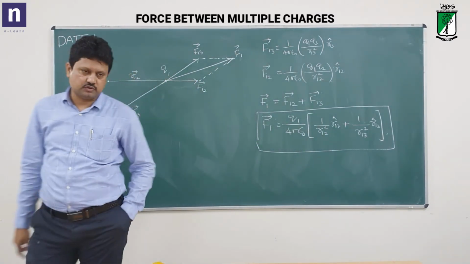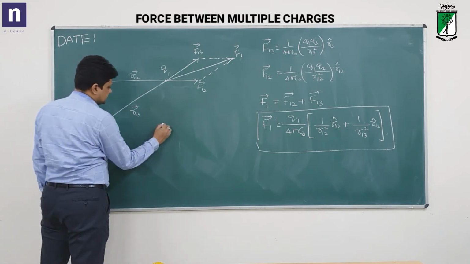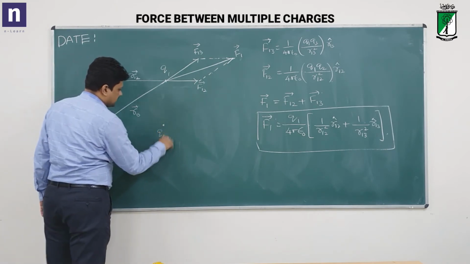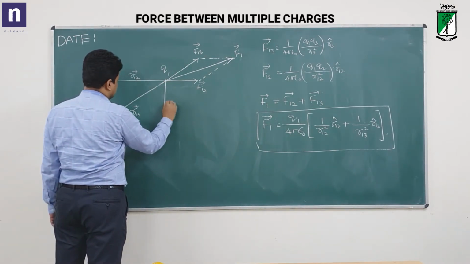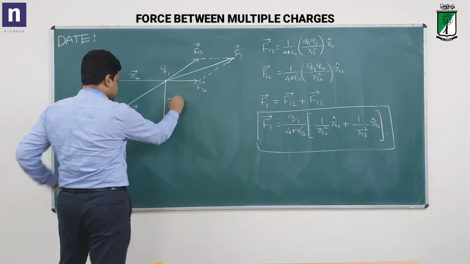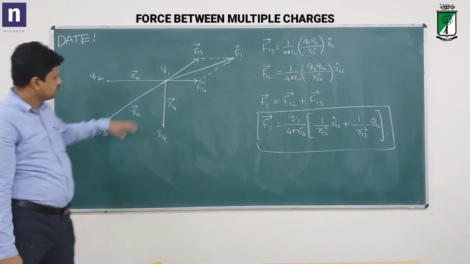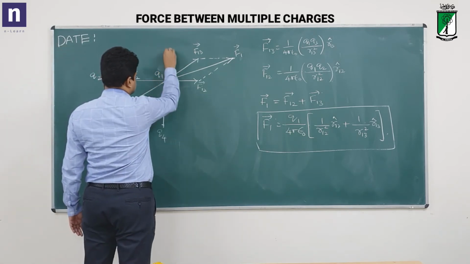There are more number of forces now. Then in that case, how do you proceed? Take one more charge if you want here. Say Q4. If you take Q4, then of course there is one more vector here now, R14, right? Distance vector, position vector, or distance between the two. And then this will cause a force which is in this direction,